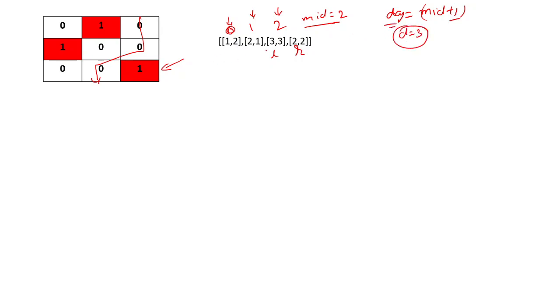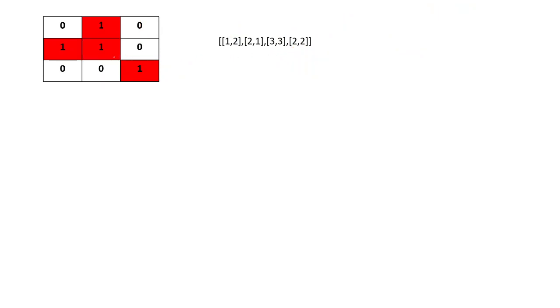Okay, remember this. Now L is moved to here, and now we'll fill this 2 comma 2 as well. Once we have filled this 2 comma 2, our day was 3. Now L is here, R is here. Now we'll see whether we can travel or not. No, we cannot travel. So at max the number of days that we can travel is 3.